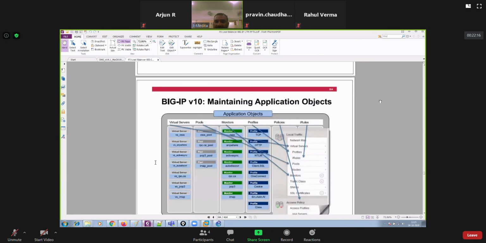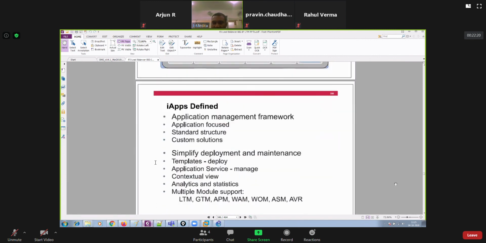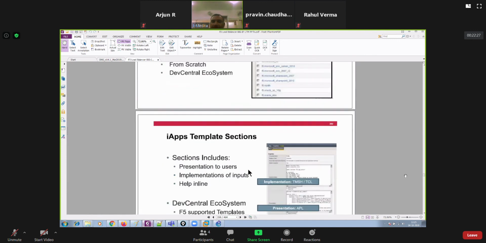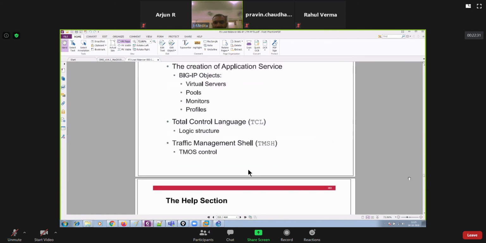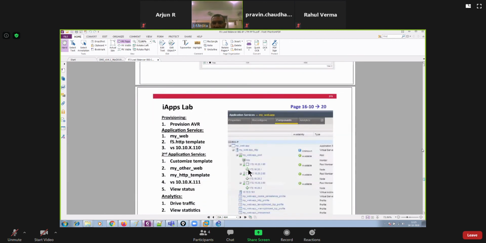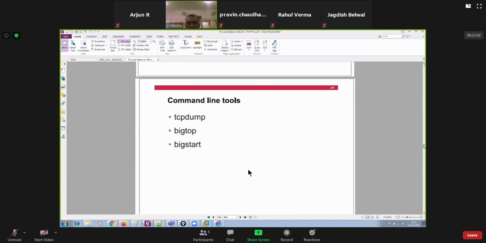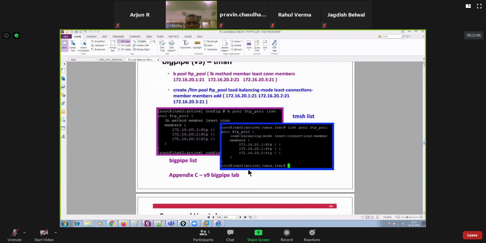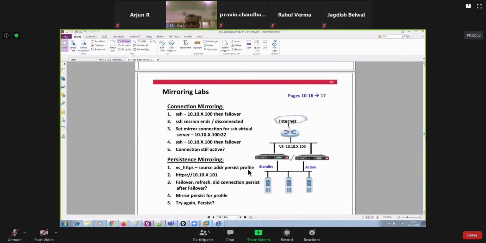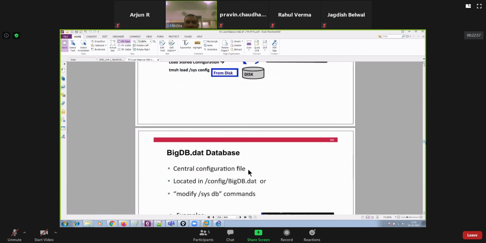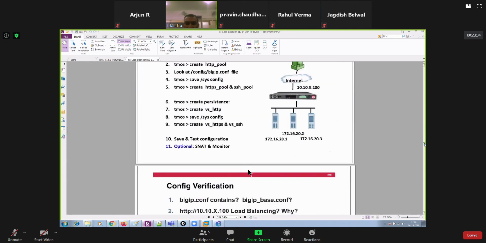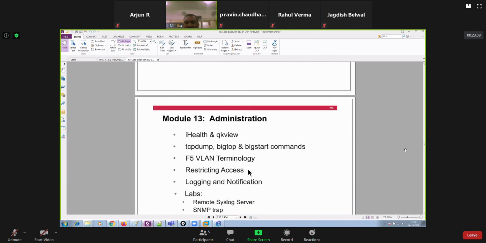And thereafter, I have to start with the iRules. Just a moment. That's about the CLI.